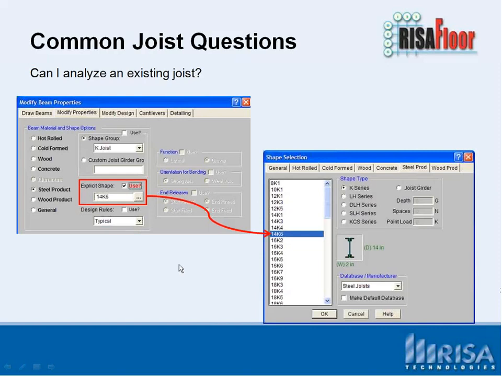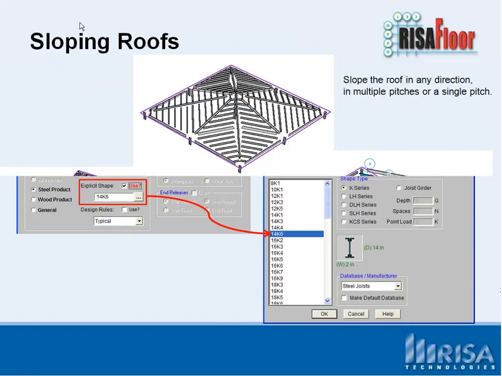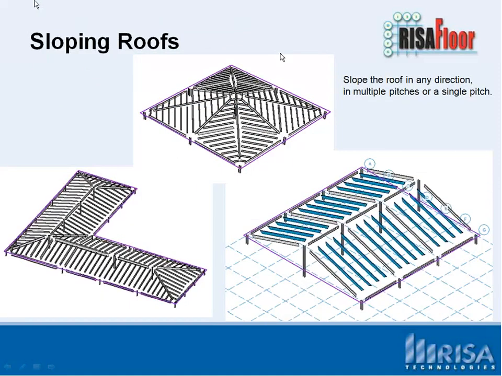And that's how we would do an analysis of that joist. The next topic I want to talk about is some of the new features we have with sloping roofs. In this slide, what this really helps us see is that we can slope the roof in any different direction. Specifically, these roofs here on the bottom right, we just see kind of a pitch, one directional pitch there, pretty